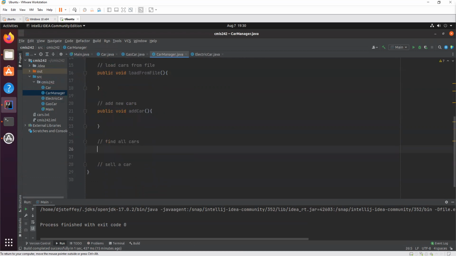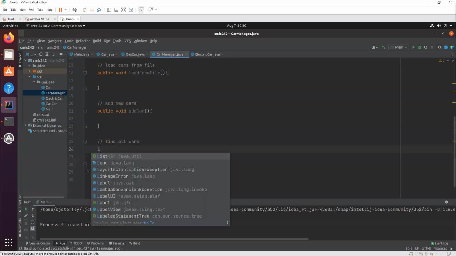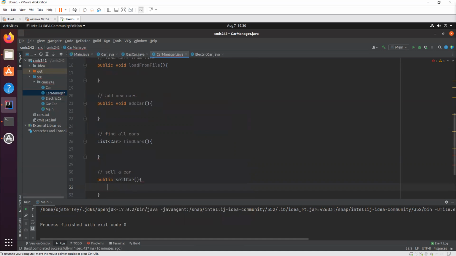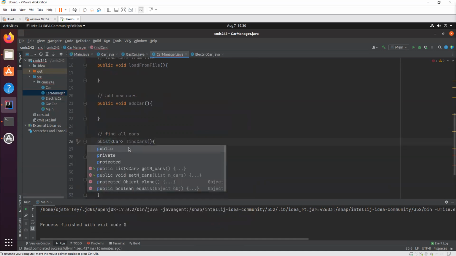If we're going to find some cars, whatever piece of code asks us to find the cars, we need to tell them what cars we found. So we'll give them back a list of cars. Find cars and sell a car. Sell car, right? This would be public.